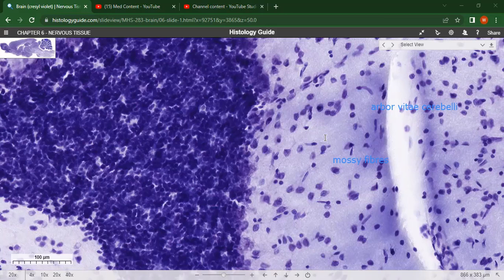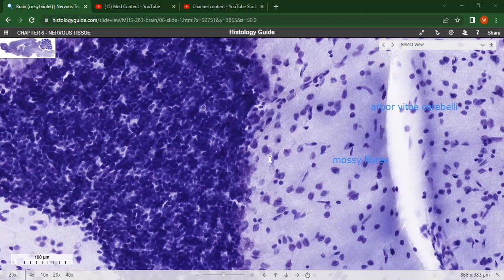So pathways such as the cuneocerebellar usually terminate as mossy fibers. Pathways such as the pontocerebellar pathway usually terminate as mossy fibers, and they synapse with the dendrites of the granule cell. Then the granule cell usually sends its axon towards the molecular layer,